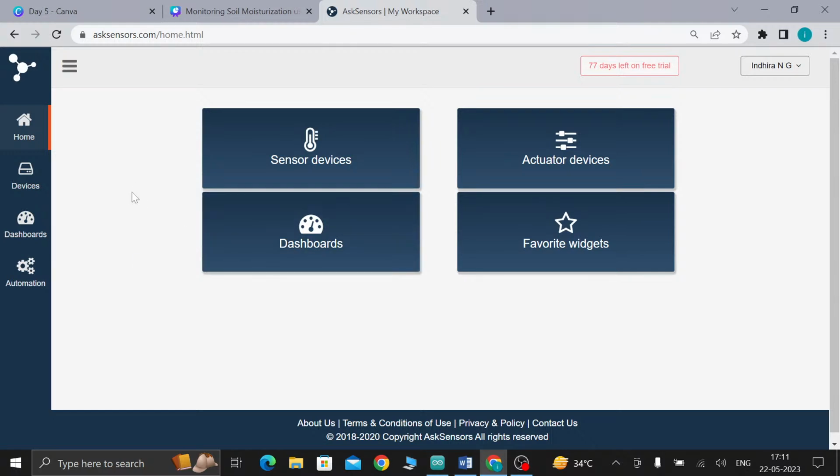So the very first thing we have to do is create a sensor. A sensor device is a communication channel with unique API keys where the sensor collects and stores users' data. Each sensor device provides up to 6 modules and shareable graphs. The user can send a data stream to each module separately. So from your sensor device workspace, create a new sensor device by clicking new sensor. For that, first click sensor device.